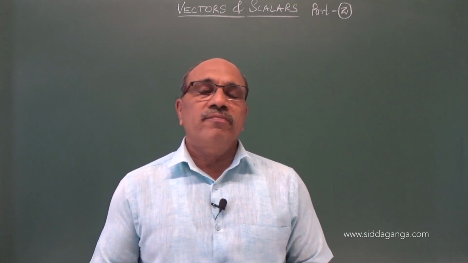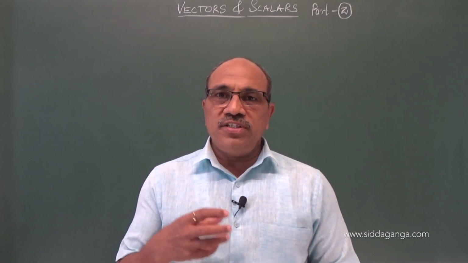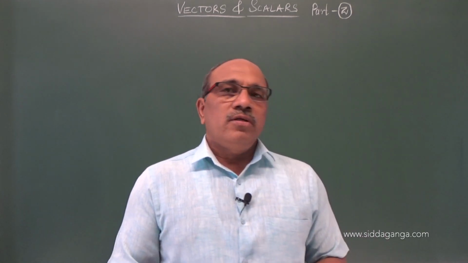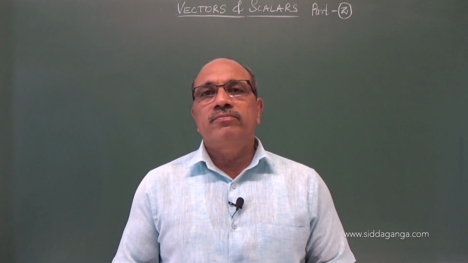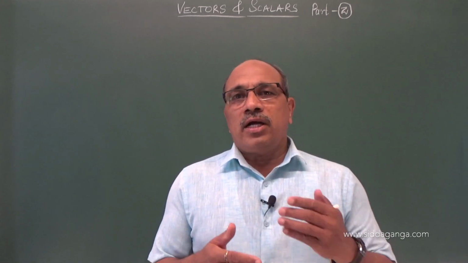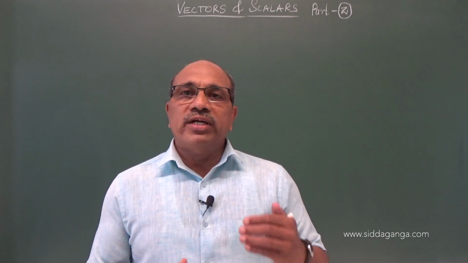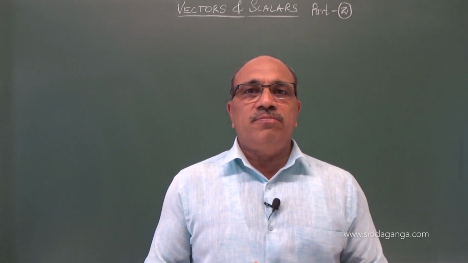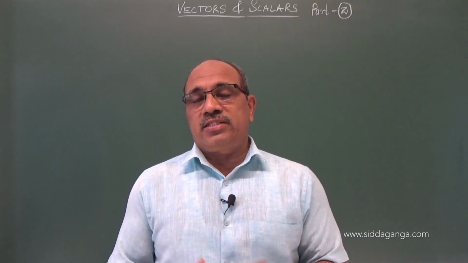What does vector mean? I told you there are scalars, tensors, but a physical quantity is a vector. Vector is nothing but a physical quantity. This physical quantity should have magnitude and also direction. Along with those two, it also has to follow the vector algebra. The rules, the laws, are designed in vector algebra to add, subtract and multiply the vectors. That has to be followed by these.